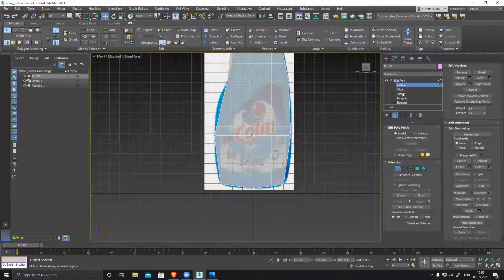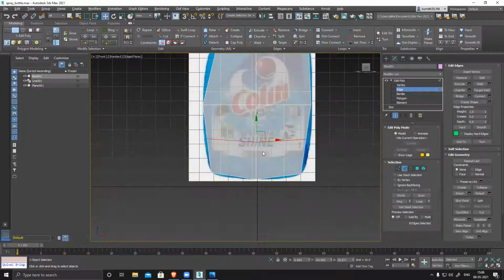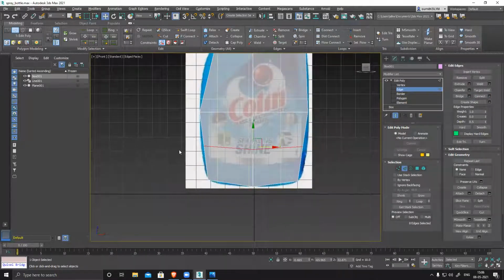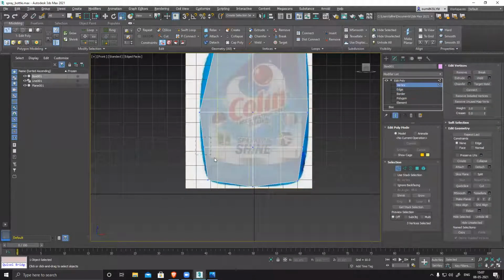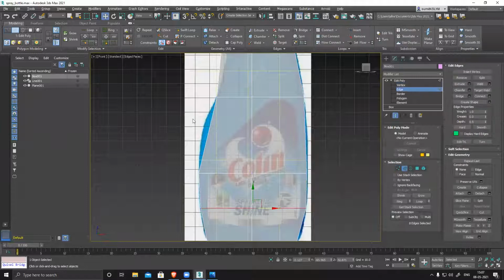So I'll go to my edge mode, select them, and then connect. I got this connect. Whenever you create this from front view, try to keep your loop edges as straight as possible. Then move it out. In a similar manner, I can add more polygons here also wherever I need.